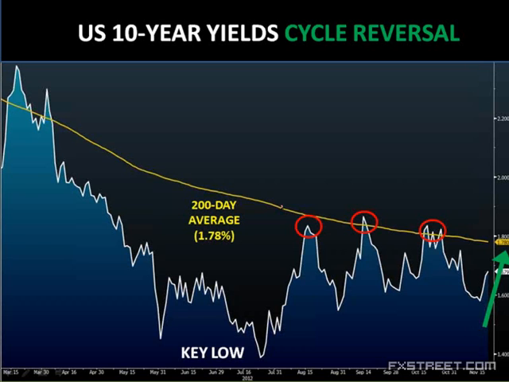Now, one of the key things to keep in mind, and this probably ties in with this whole talk about the fiscal cliff question, which is coming up into early next year, is of course government interest rates. If we look at the US long-term 10-year yields, it is my opinion that we have just marked a cyclical upside reversal in long-term US 10-year yields. And that happened in the summer of this year. I think that yields are likely to gain and appreciate in value into year-end, but more specifically early next year, as the US government starts to wrestle with this fiscal cliff debate.